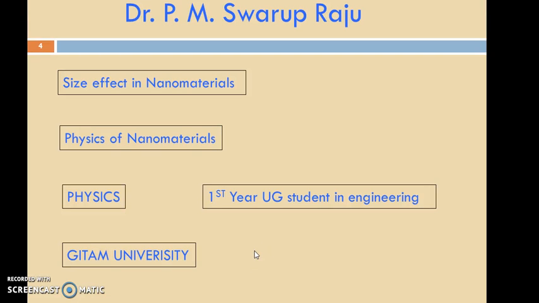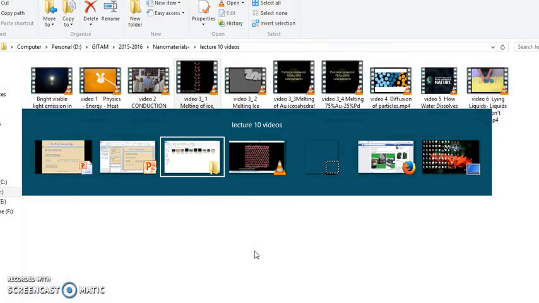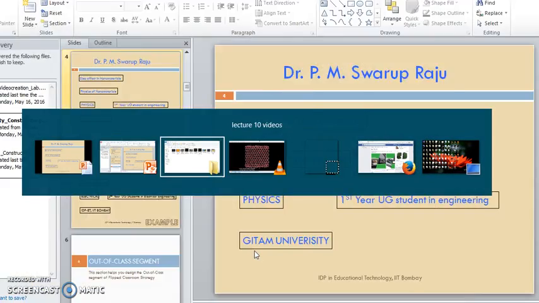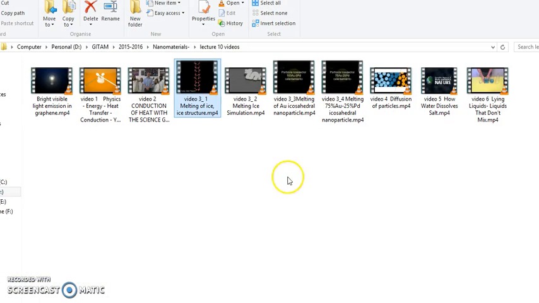Hello students, today we are going to discuss size effect in nanomaterials. So today I'll show you 3 videos which will tell you what is happening with size in 3 different properties, and based on that you can think about the other properties. For example, first of all we'll try to see what happens to the melting